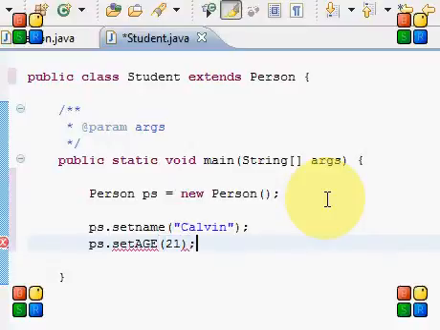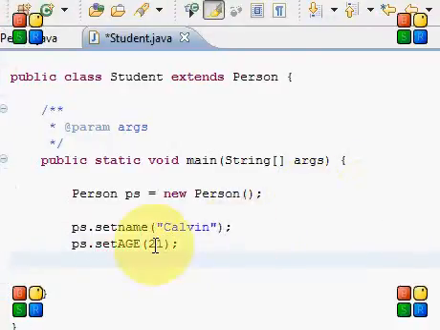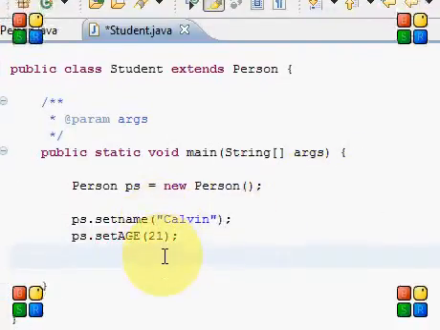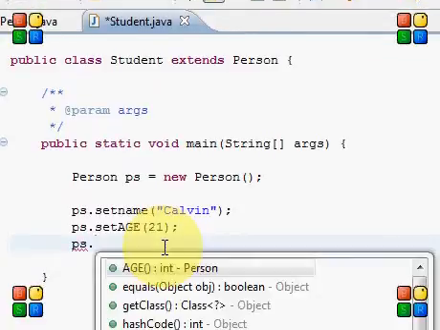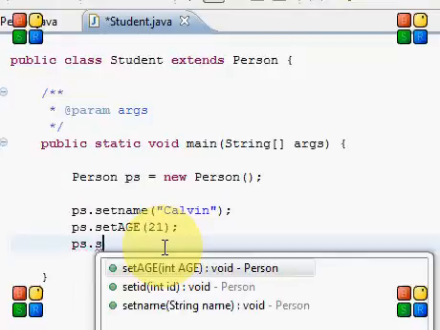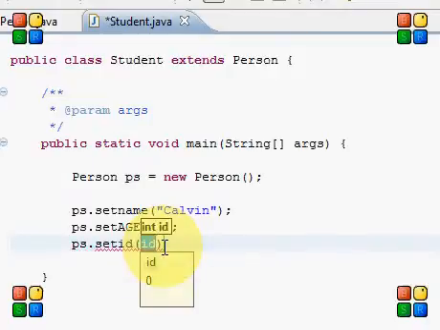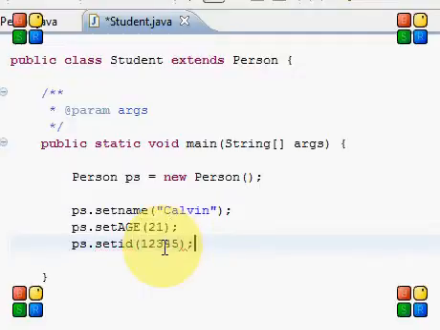Now here, since this is a integer, we don't use double quotation. ps dot our, what was the other one, our id. So id is basically integer 1 2 3 4 5. I'll set it like that. And now what we can do is we can refer our, now we have set the values here, now let's refer our get values. So system dot out dot